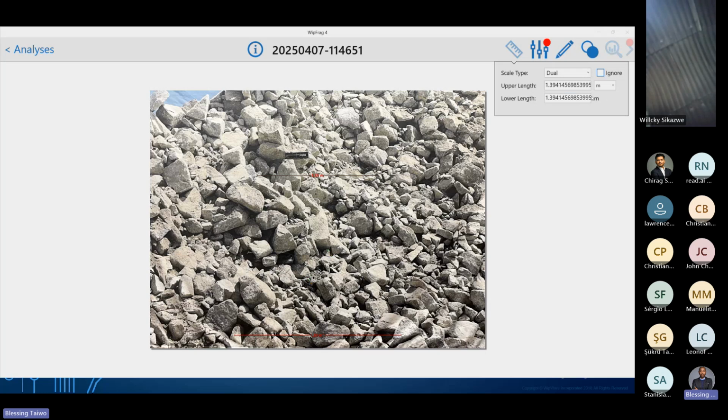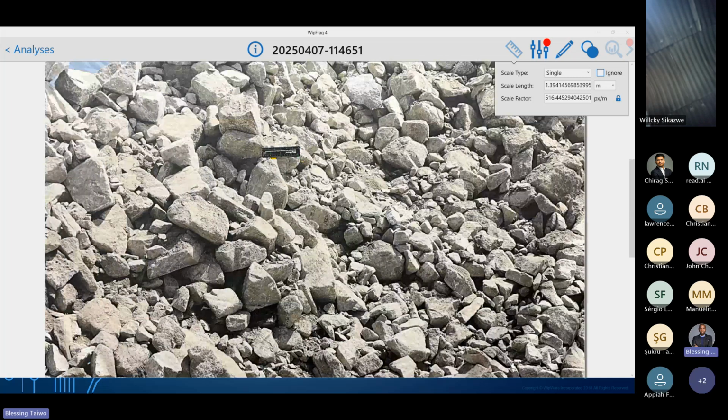So in today's webinar, I'm going to be using a single scale, which is this ruler on this material. The first thing you need to do if you are using a single scale is to define the size of the scale. In this case, this is a 15.5 centimeter ruler. So here I enter the size of this object and define the unit I'm working with. You don't want to measure the size of a known object in meters and be working with centimeters. So here I'm working with centimeters.